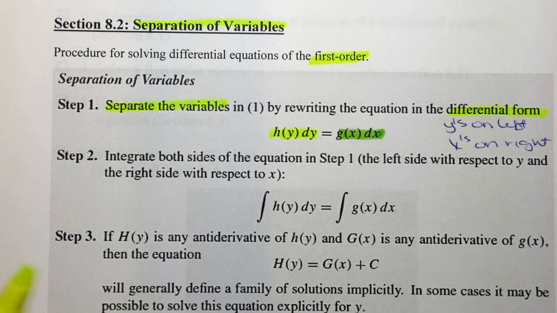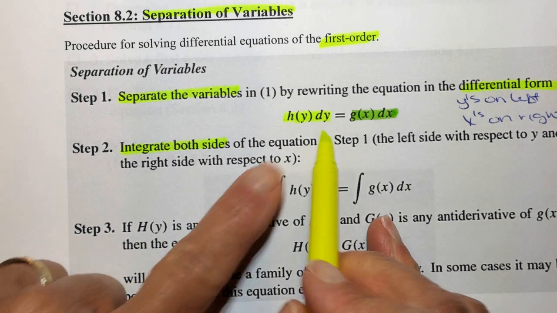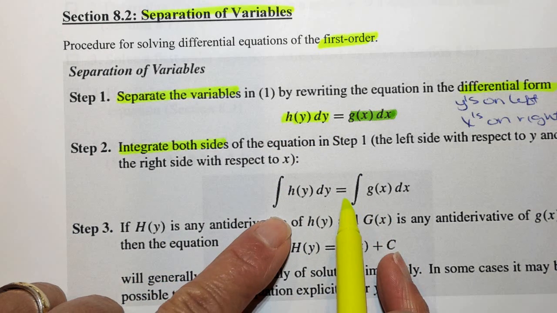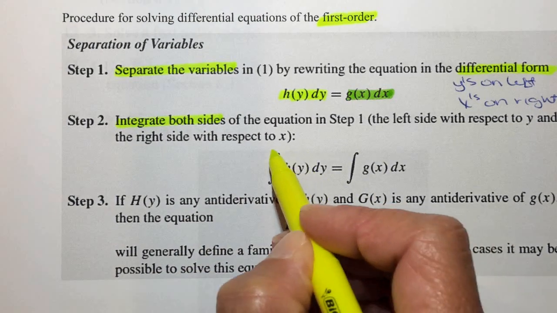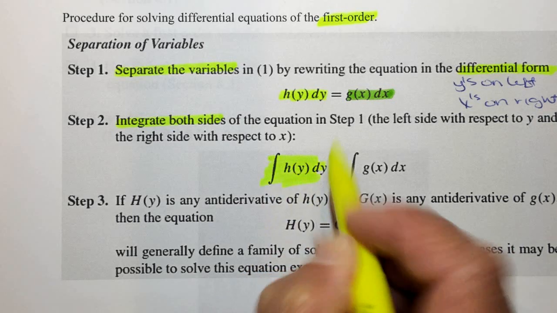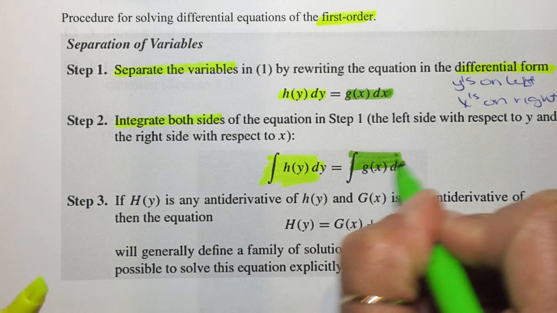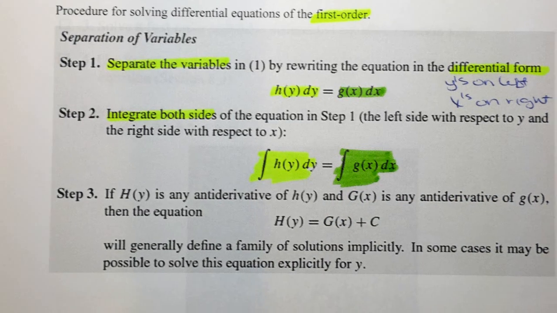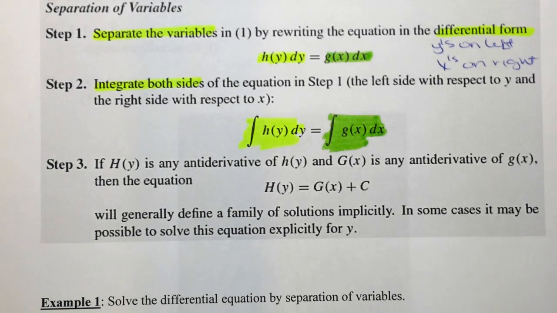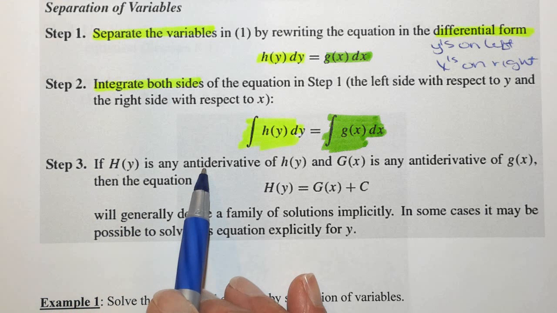Okay, then you will integrate both sides. So basically what you're going to do with this is just put an integral symbol on each side. Okay, so this is what it looks like. We have the integral of your y's is equal to the integral of your x's. Okay. All right, and then it says if capital H of y is any antiderivative of